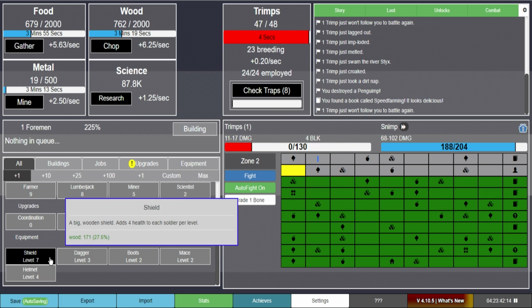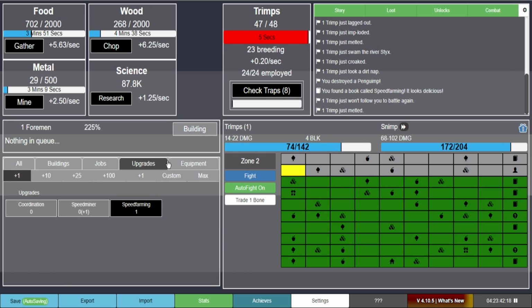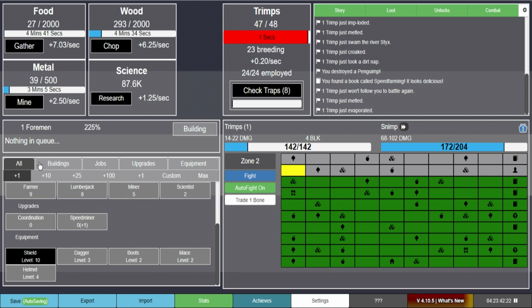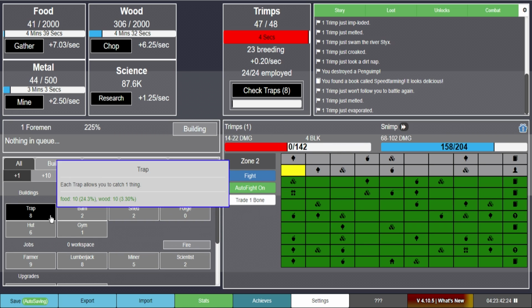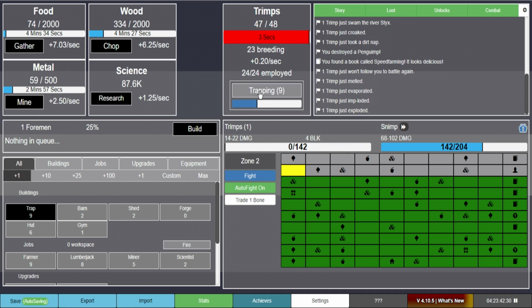A couple more dagger upgrades. We'll spend everything. I'm going in. What was this upgrade that lit up? Speed farming. Yeah. Let's do an even faster farming. Again, traps really aren't necessary. How fast do we make them? Pretty fast. Why would you want traps? Because, like,